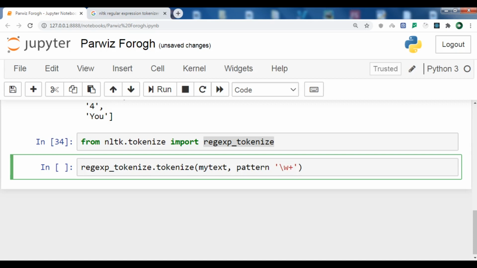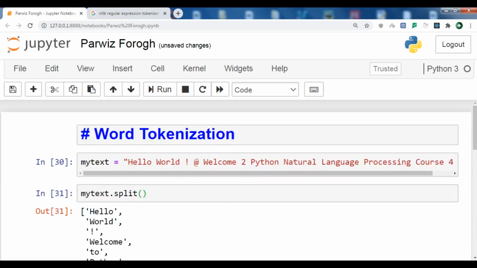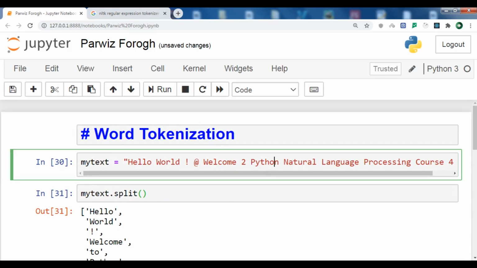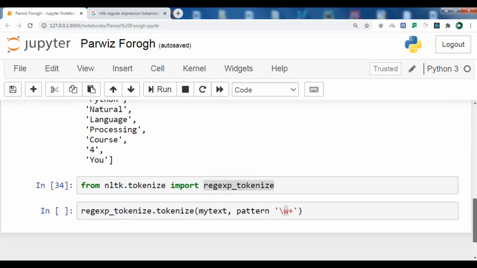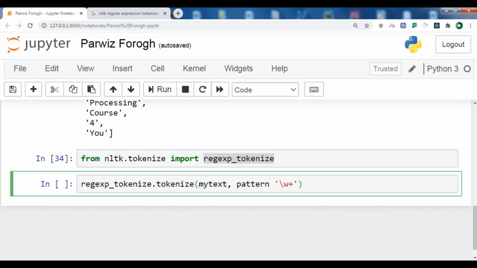You need to specify what pattern you want to use. So first let me use this pattern. This pattern is used as a regular expression pattern, which means that we want all the words and digits from the string. Other symbols can be used as a splitter. For example, we want Hello world, all of them. Now if you run this,